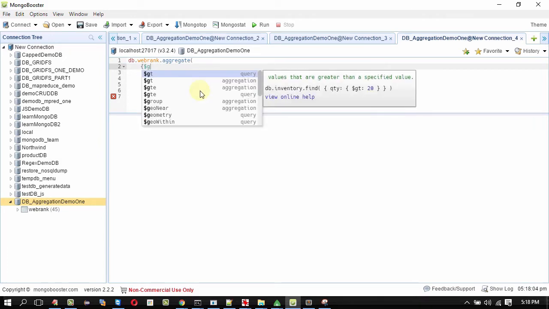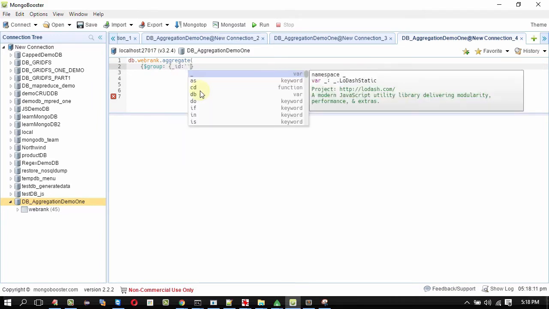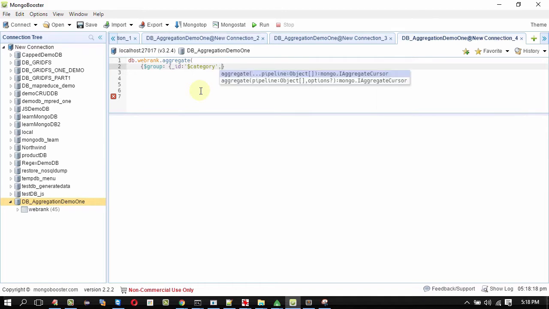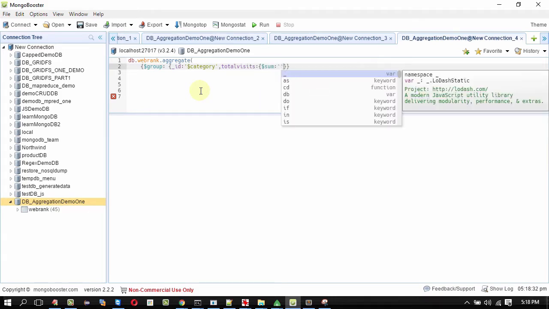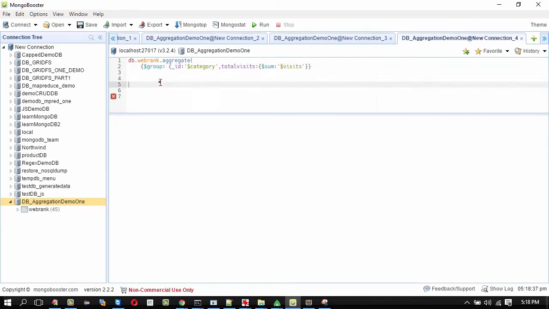Group ID, it's going to be based on the category. This is the expression for that. And then the total visits is the new field. And for total visits, I'm going to use a sum of the visits. The expression is $visits.